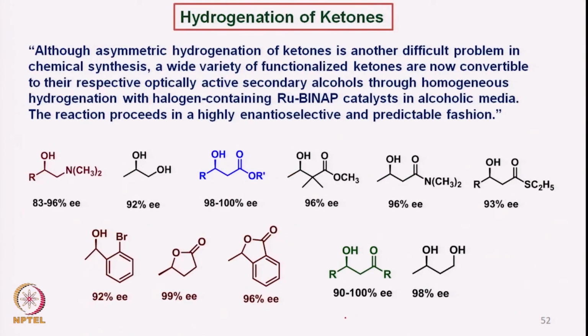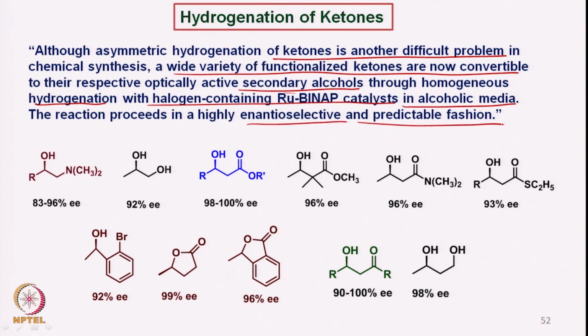Now, this ruthenium binap catalyst also has been used for the synthesis of different types of alcohols from ketones. Although asymmetric hydrogenation of ketones is another difficult problem in chemical synthesis, a wide variety of functionalized ketones are now convertible to their respective secondary alcohols through homogeneous hydrogenation with halogen containing ruthenium binap catalysts in alcohol media. The reaction proceeds in a highly enantioselective and predictable fashion. This is what is important, and as I have shown here, different types of molecules,